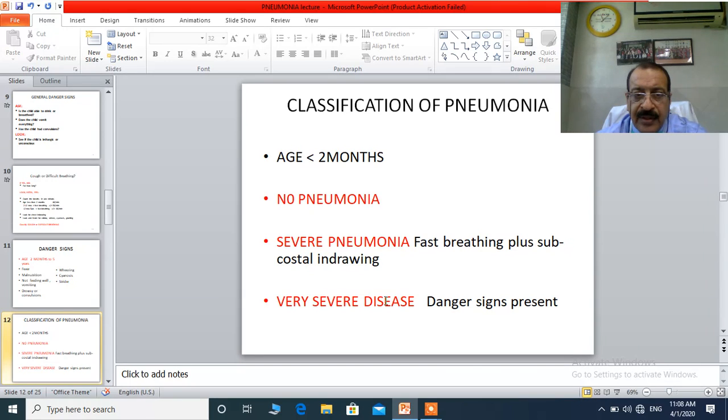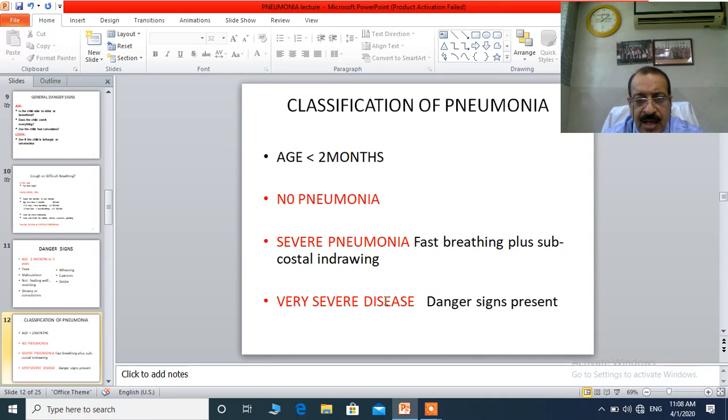Severe pneumonia is when the child is having fast breathing. The rate is more than the upper limit which has been already mentioned, plus there may be subcostal recession. So there is no category like pneumonia in a child who is less than 2 months, meaning by that their symptoms should be given some serious consideration, and it should always be taken as severe pneumonia and the child must